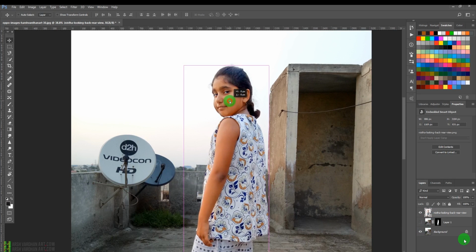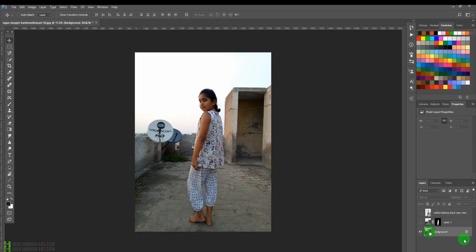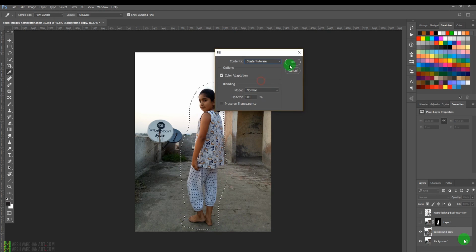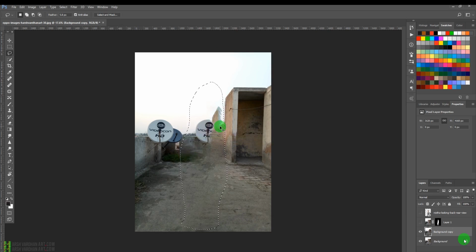or I would just turn this off and select this copy and create a duplicate copy of the background and make a selection using the lasso tool over here. And then I'm going to go to Edit and select Fill, and from this drop down menu select Content Aware and press OK. And it is going to fill it based on the content of the image, and it has done this kind of a job, not a good job, but